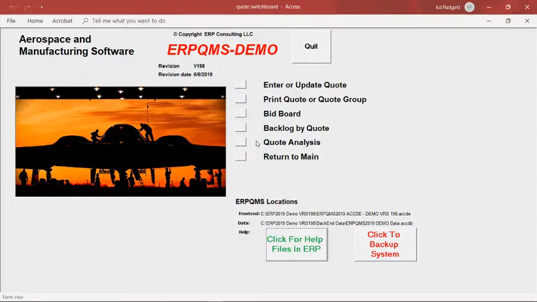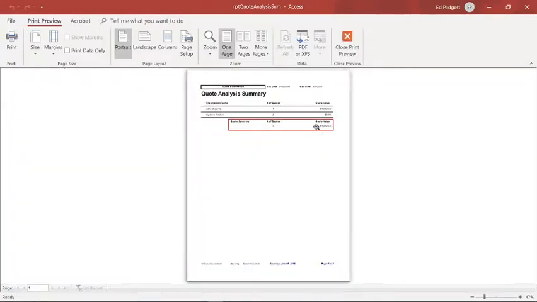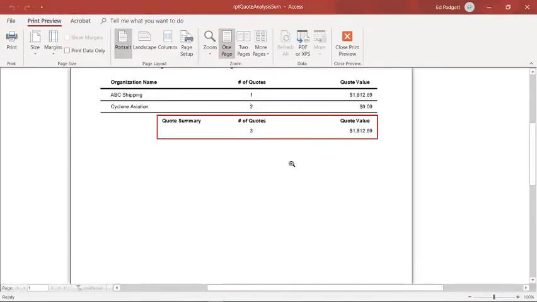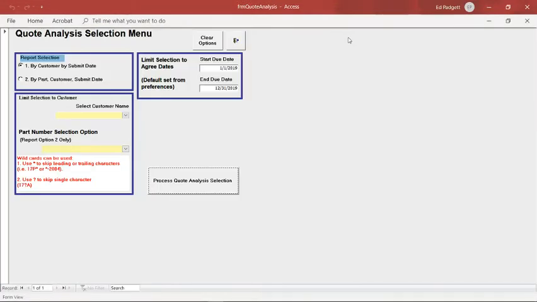There is a quote analysis board right here. You can go in here and query the system. Tell me how many quotes I have done from January 1st of 2019 through whatever end time that you want, and you can press a quote analysis selection like this. Of course, these are dummy. I only have a couple of these loaded as dummy quotes, but the end effect is if you've quoted 30 different companies, they're all going to show up here,